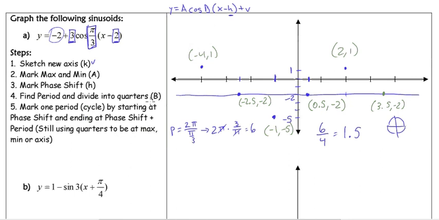So once we've got all those marked out, we've marked the period of one full cycle by starting at our phase shift where our new originating point is going to be, and then using the period, using the quarters to be at a maximum or right at the axis at our relative 0. And so finally, let's actually graph it. Here's our graph. So starting at max,